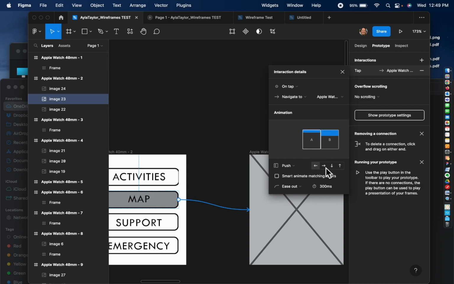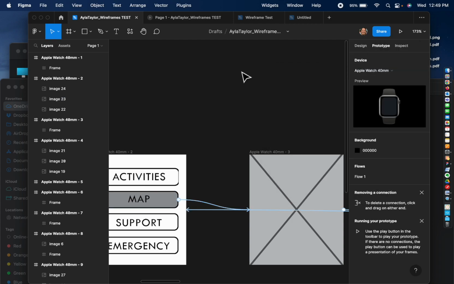Push shows you the animation, what's going to happen, right? So I can either do it from top down, left, right. And I want people to feel like they're always moving towards the right. So I actually want this to come from the right and slide in. And that's it. And then just press,